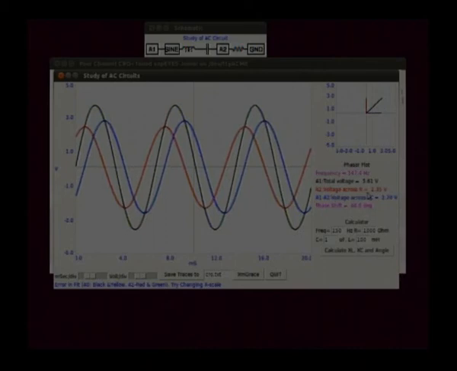and voltage across the resistor is 2.35, and voltage across the capacitor, we have not connected the inductor at the moment, is 2.7, and the calculated phase shift is 48 degrees. And if you want to see the theoretical value of the phase shift, that can be done by using this calculator here. So, you have to enter the measured frequency, that is